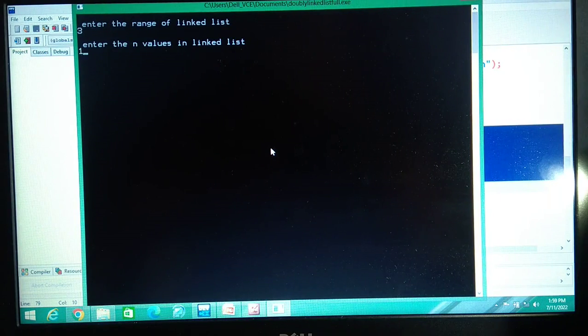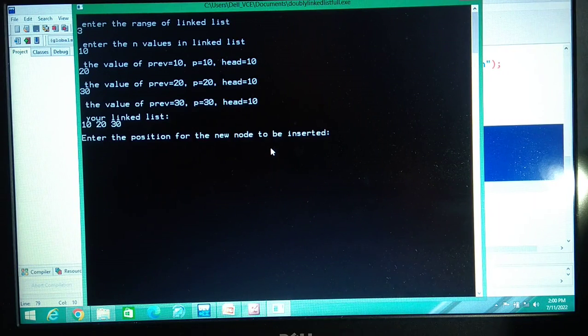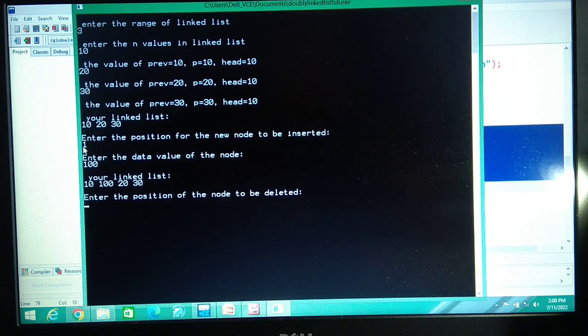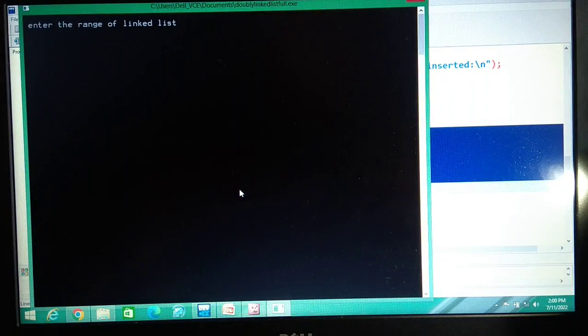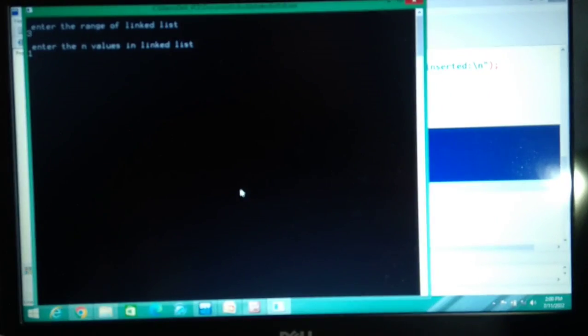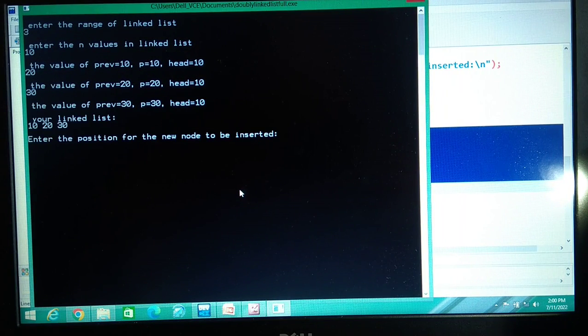After that you have to write head is equal to P. Now this is head. Done. So you have attached the new node at the beginning. Only 3 or 4 lines. In your CAT exam also you have to write only this figure and explain. You have to write only this. This is the algorithm, a 3-line algorithm. You will get full marks. This is our guarantee. If you run the program, it will also work. Don't think that it will not work.